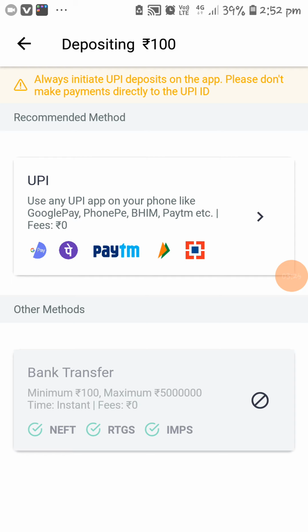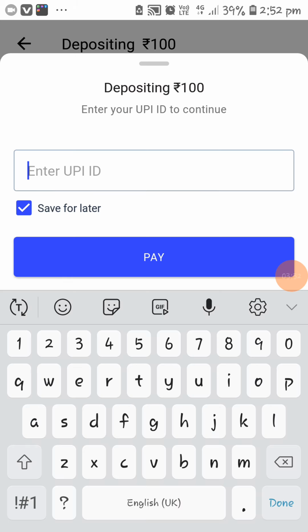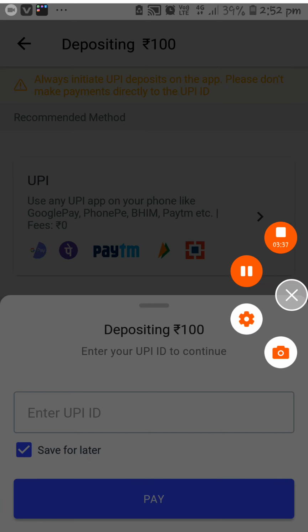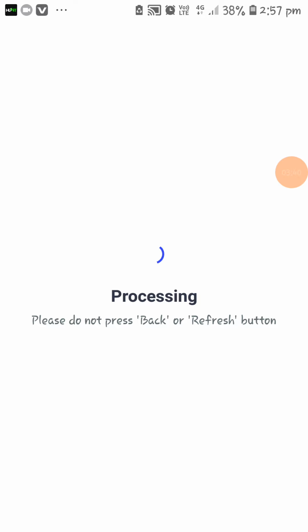It will ask for the UPI method. Click on that. Here I am going to enter my UPI ID and click on pay. Once you enter your UPI ID, click on the pay option.